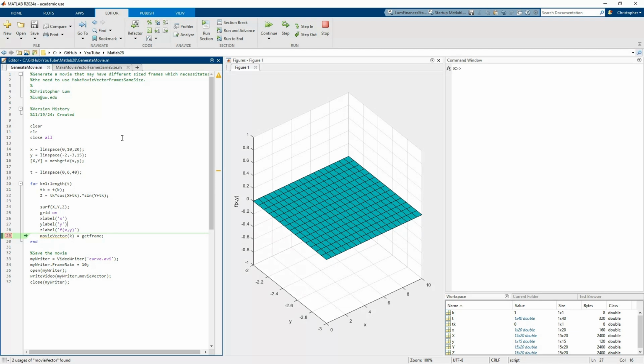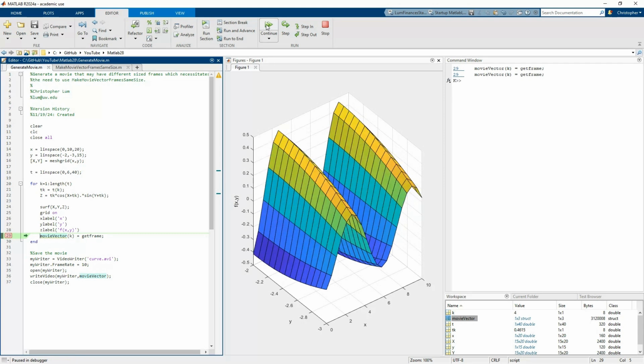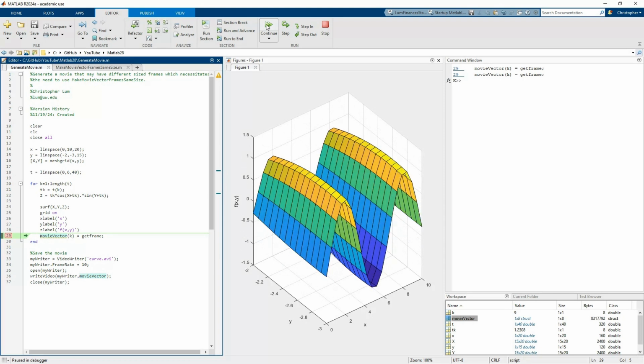So one thing that I will draw to your attention is, watch as we step through this. You're going to see that we're making basically 40 frames of animation. But as this surface changes, watch what the axes do. Let me go ahead and hit run. And you see it automatically updated the picture and updated the axes. So the scale and the X, Y, and Z axes limits could potentially change. So let me just step this a couple times. You'll see they're changed,